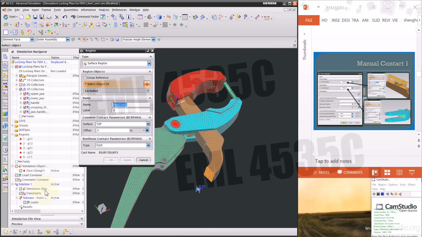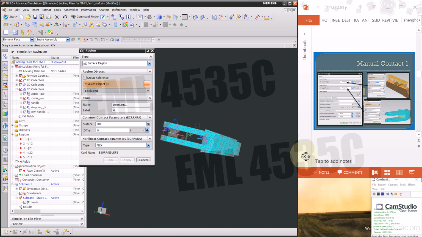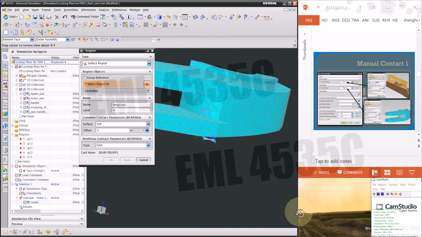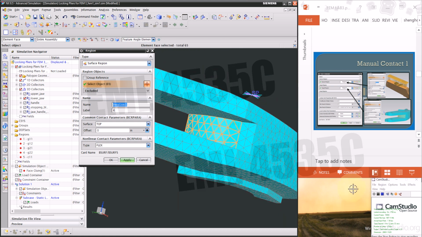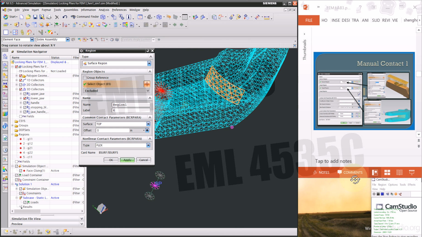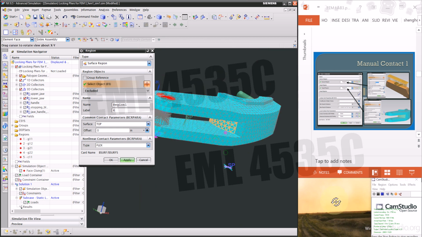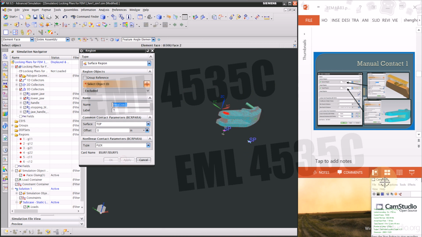We'll do a contact 1, 2 for the lower jaw. So we're going to hide everything except the lower jaw. And then we need to pick this cylindrical face. Then that angle is still at 5 degrees, so it will not go all the way to the bottom here. You can just click a second time. You should be able to select that. Okay. Then we'll say this is a contact 1, 2. Apply. Then we'll hide this, show